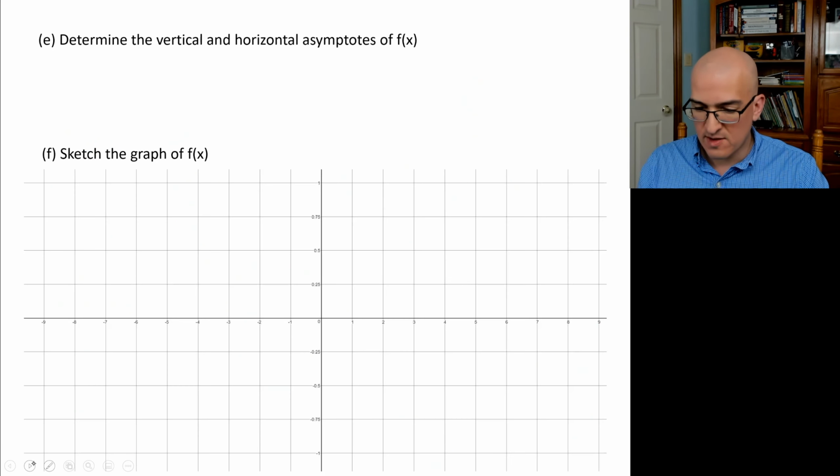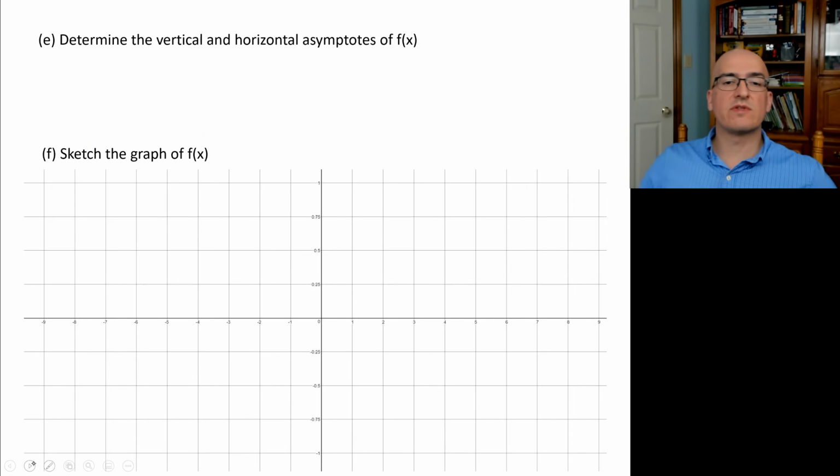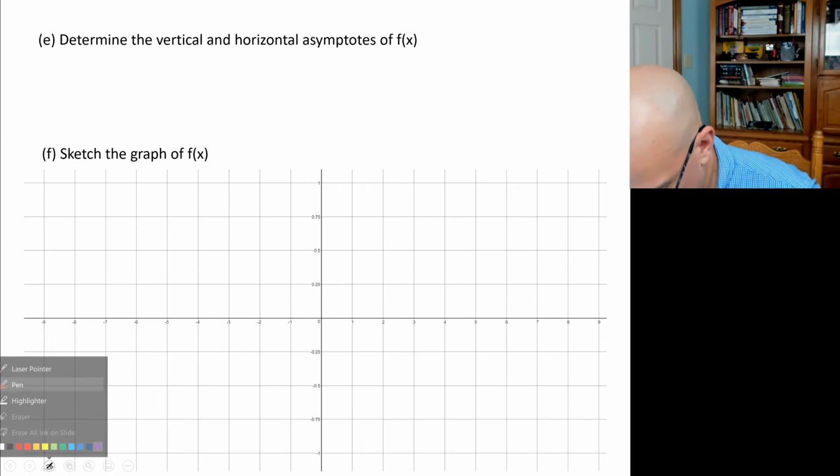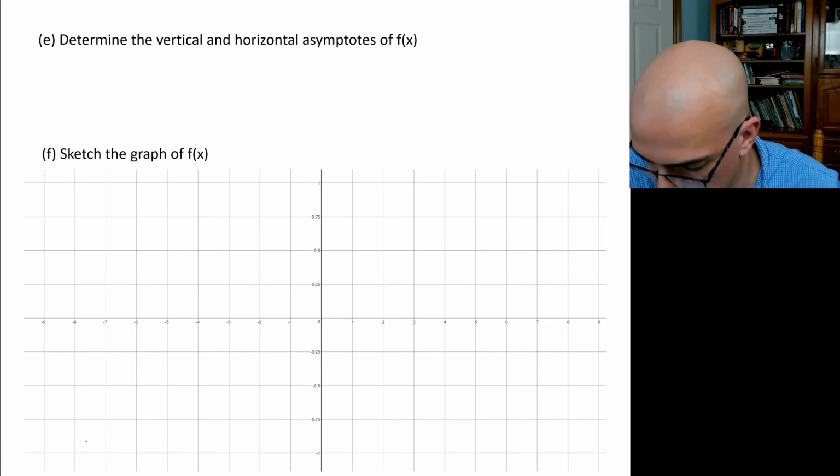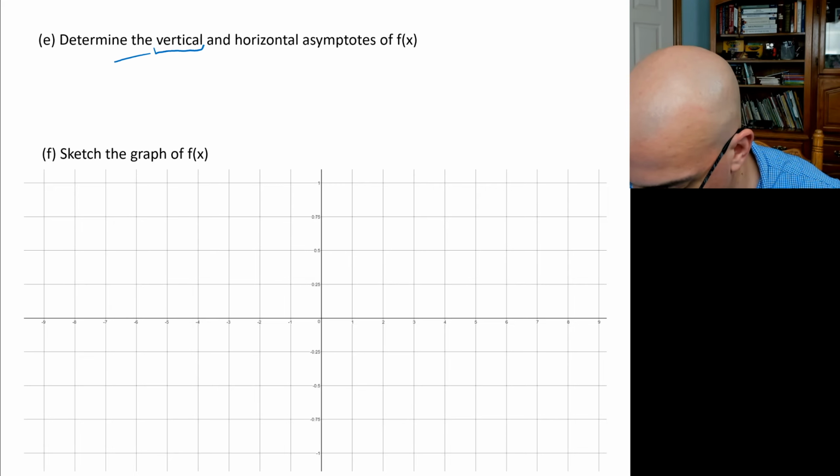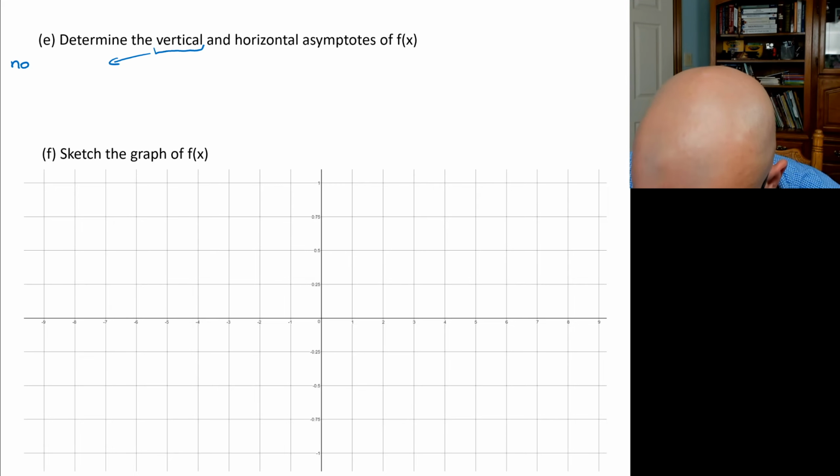Okay, part E, determine the vertical and horizontal asymptotes. Well, one of these is really simple. That's the vertical. The vertical is a simple one to look for because the bottom of the original function is never 0. So I'll put that down: no vertical asymptote for this particular rational function,